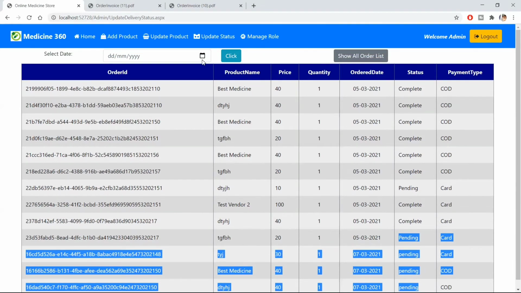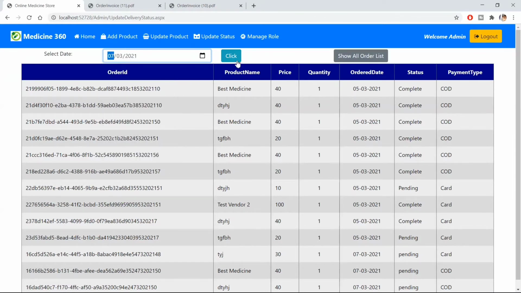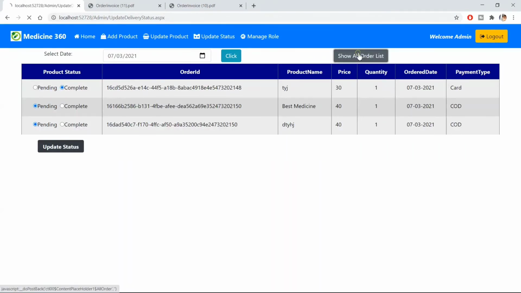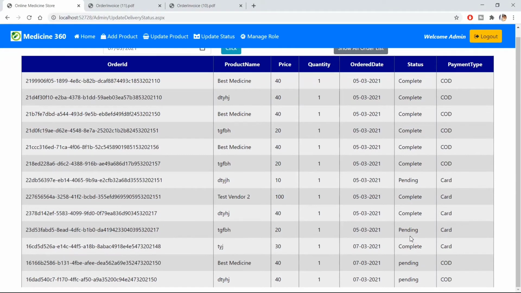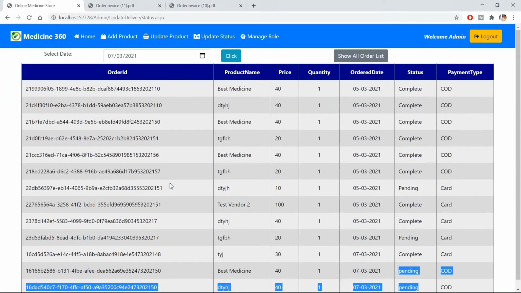If admin wants to update the status, he can search with that date and decide which order to set as complete. So two orders will be left as pending, that is for today, these two products. So this is how it works.